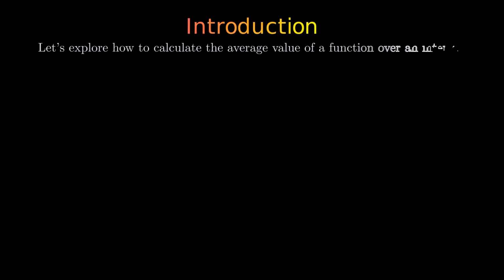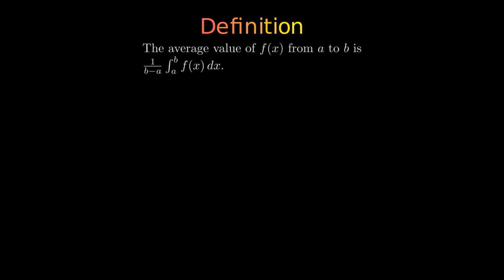Let's explore how to calculate the average value of a function over an interval. The average value of a function from a to b is determined by a specific formula involving an integral. To find the average value of the function over the interval 0, 1, we follow a series of steps involving